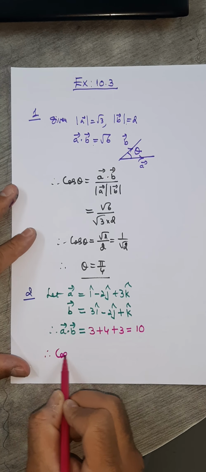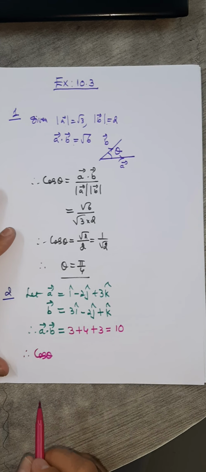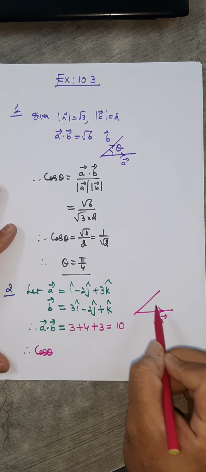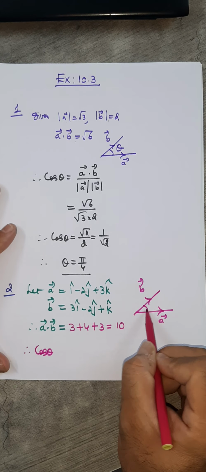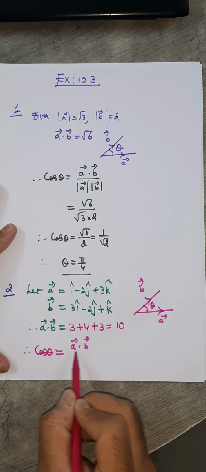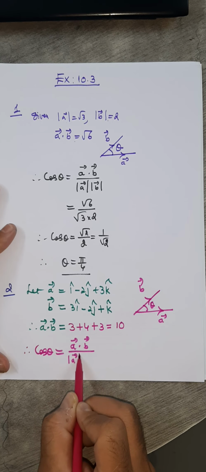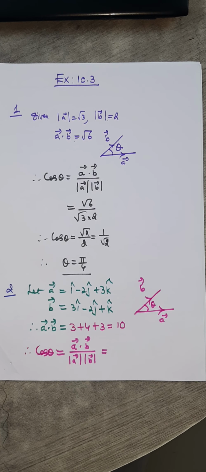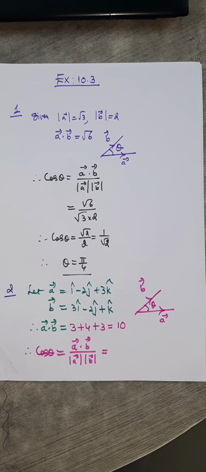Therefore here cos theta. What's theta? Angle between two vectors here. This is vector A, for example. This is vector B. Then this is theta. So cos theta equals dot product upon individual magnitudes. What is the dot product? Here, 10